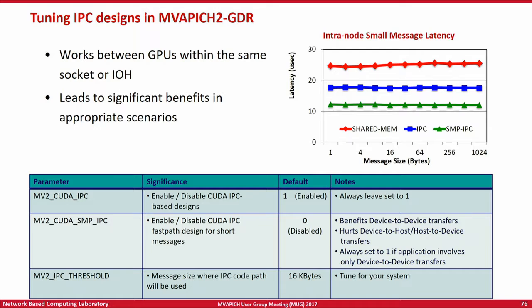So we have a lot of different designs. We have double buffering schemes and cache-based designs to take advantage of all the performance that the various features can offer. And these are the environment variables that can be used to enable or disable each one of these features. These are the benefits that you get using one of the proposed IPC cache designs. You can see we get up to 4x improvement in performance with this support.